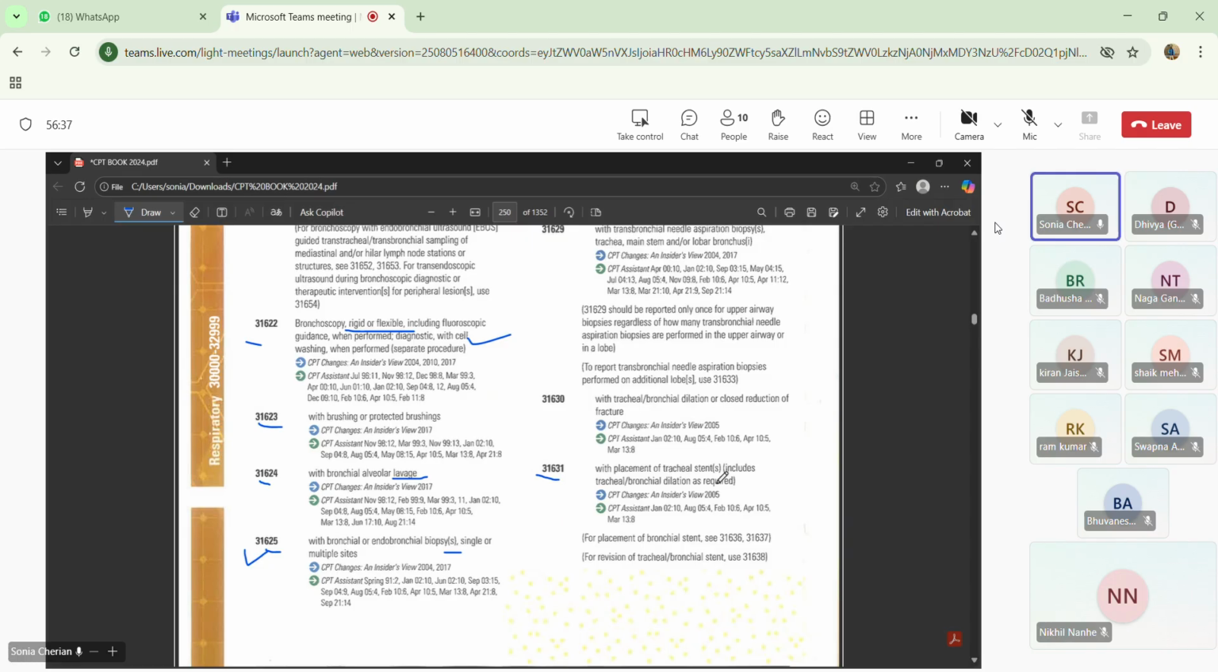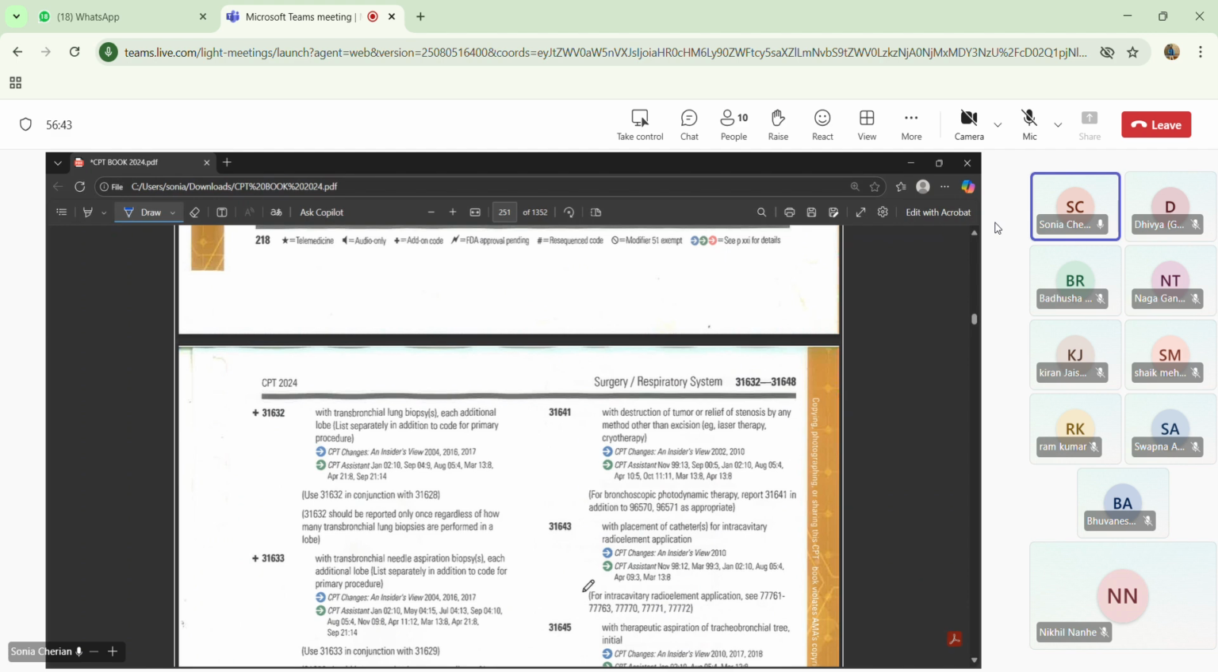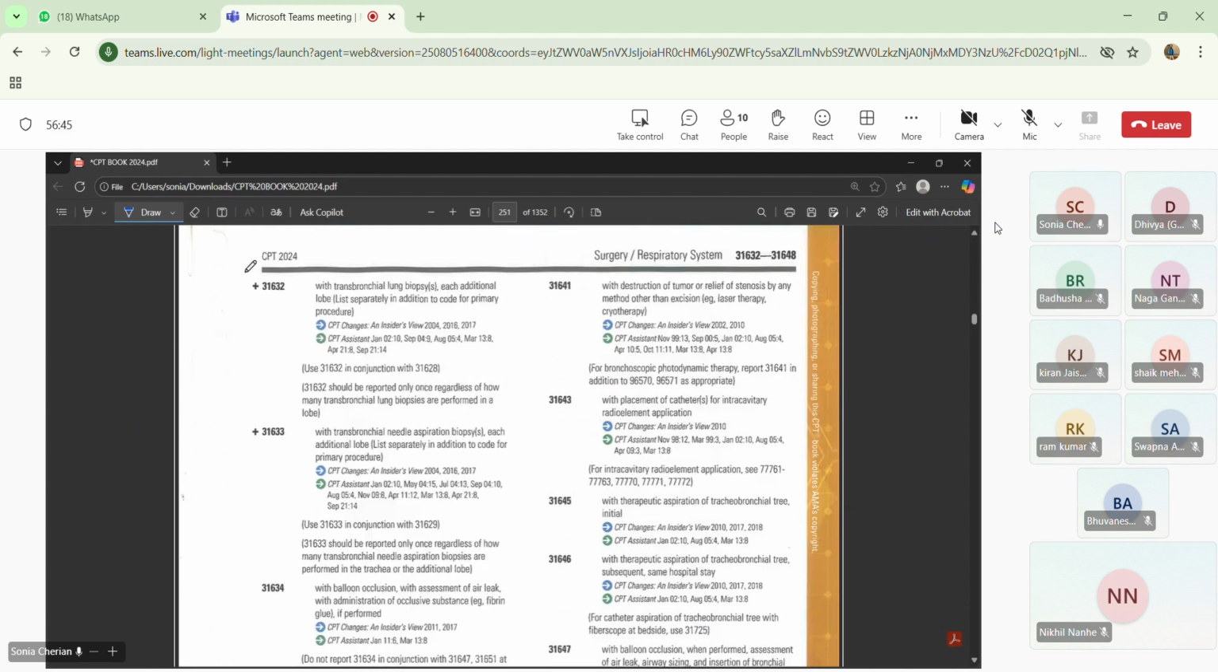Okay, so this is again for plural, guys. If they are placing 2 or 3 stents, your CPT is 31631. And now this is an add-on code for what we saw just now. This is for lung biopsy. If they are taking biopsies from each additional lobe, you have to report it with the add-on code. And if they are taking needle aspiration from the bronchus through the transbronchial route, from each additional